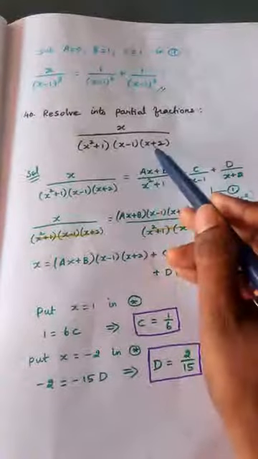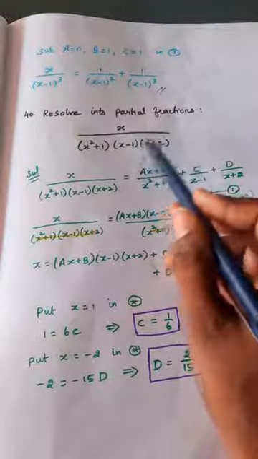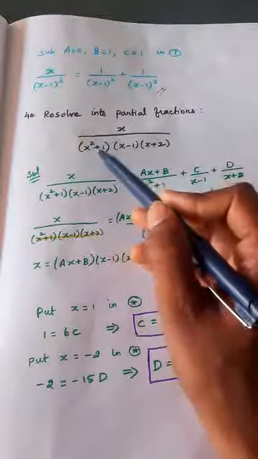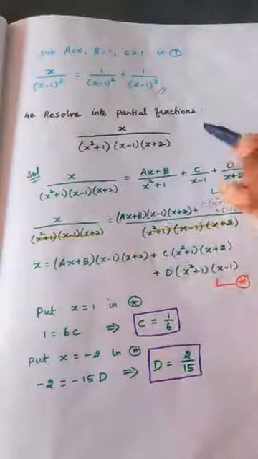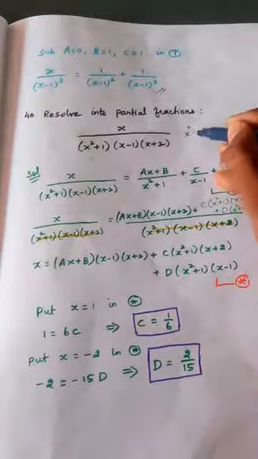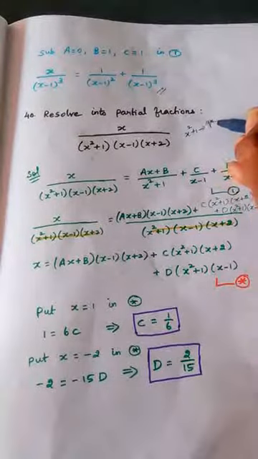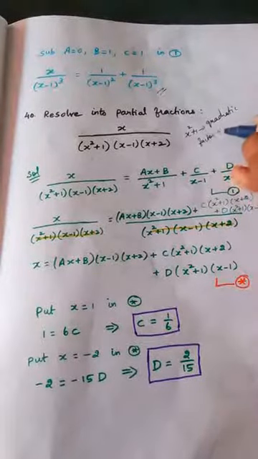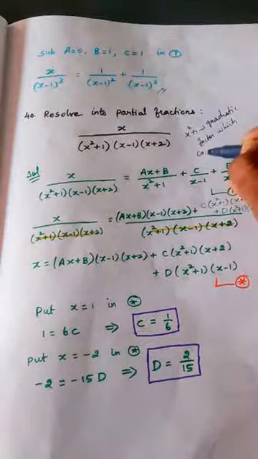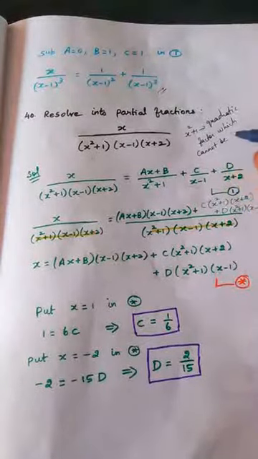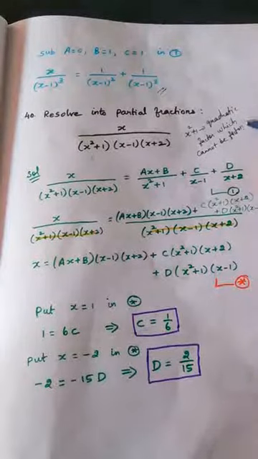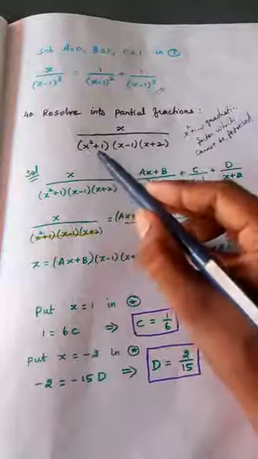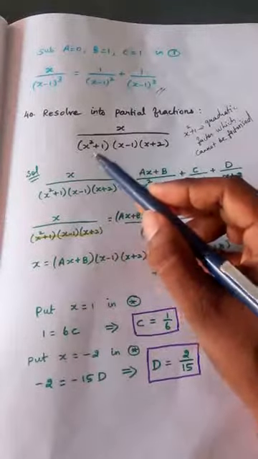If you see, this is well and good. This is linear factor, this is linear factor. So we know how to handle linear factors. But this is quadratic factor. Because degree is 2. This cannot be reduced. So x square plus 1. What is this? This is a quadratic factor which cannot be factorized. Quadratic factor which cannot be factorized. Which one? This x square plus 1. So this is of type 3.